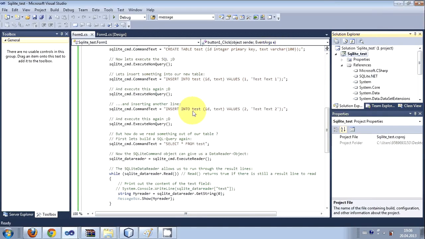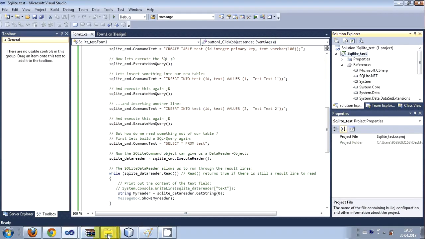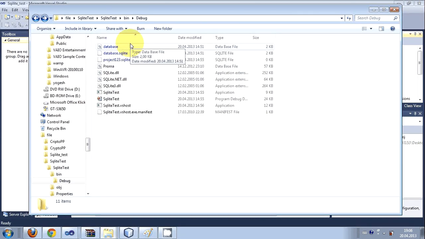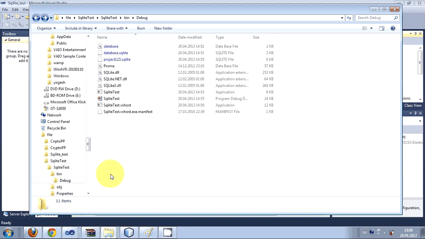Now how to see the data of this database .db file, because if you are using MySQL, you could see all the tables in MySQL Workbench or some other manager. So the simplest solution I have found, which is also a free solution, is